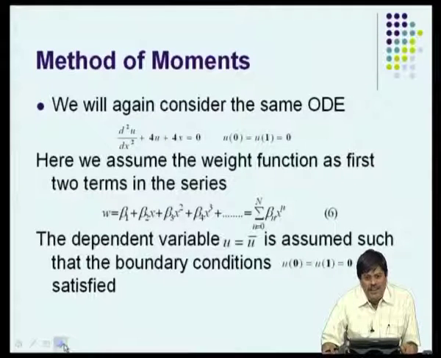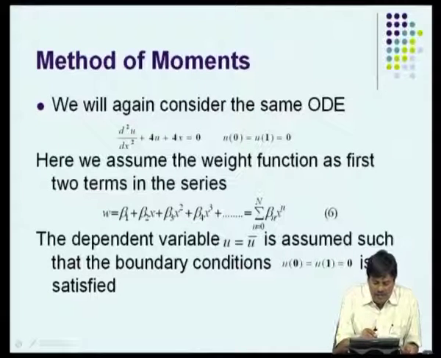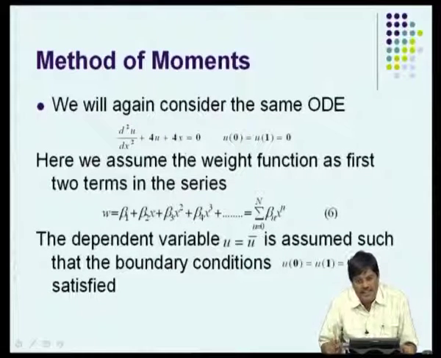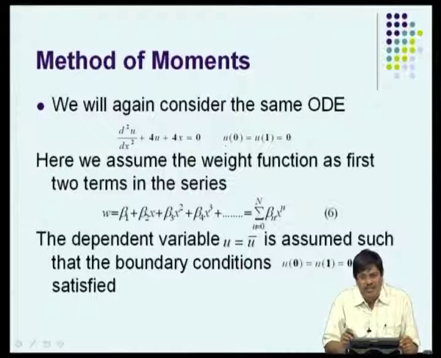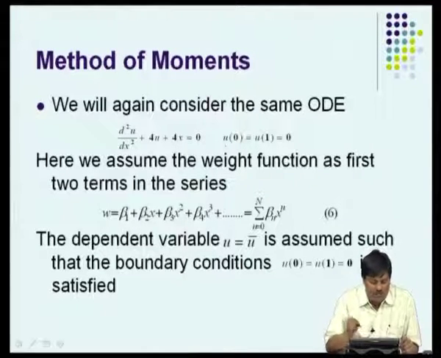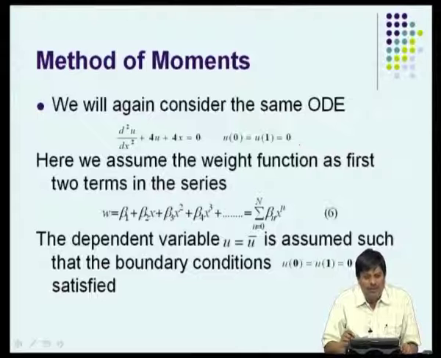Again, we will take the same equation for which we have shown that there exists an exact solution. The same domain, u of 0 and u of 1, where the domain length is 1, and at the boundaries the dependent variable goes to 0. And now for this we need to choose a weight function, and the weight function is taken as the increasing order of polynomial,